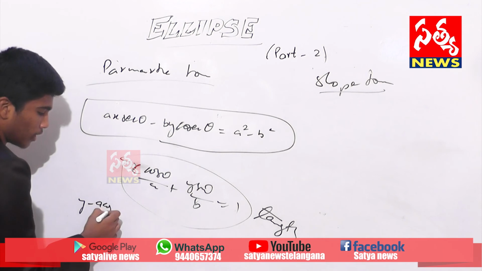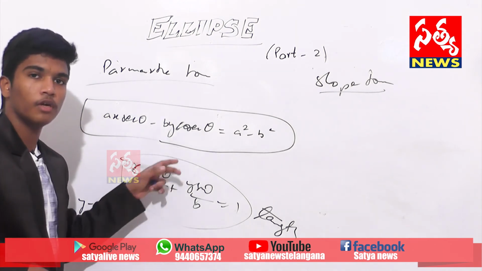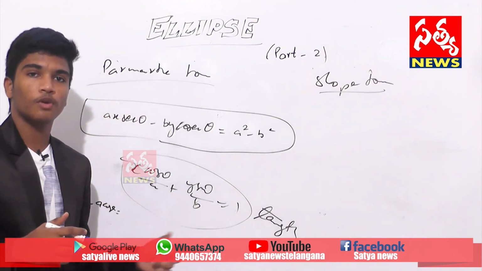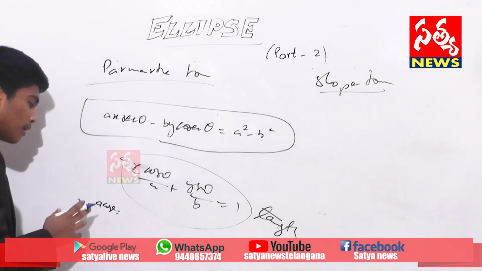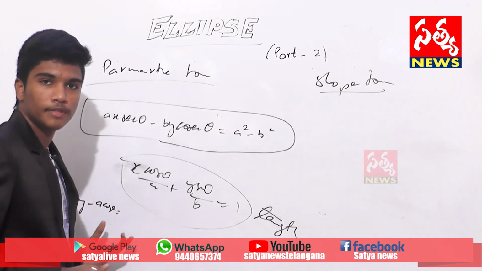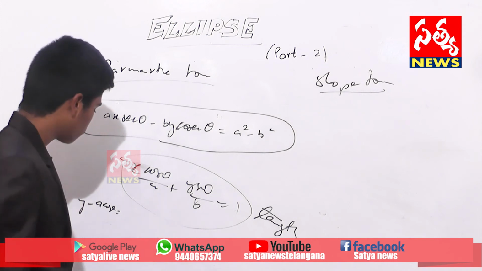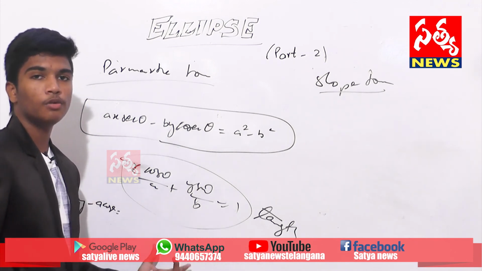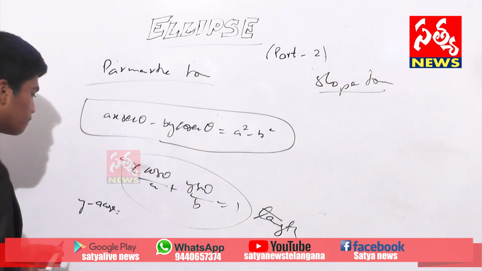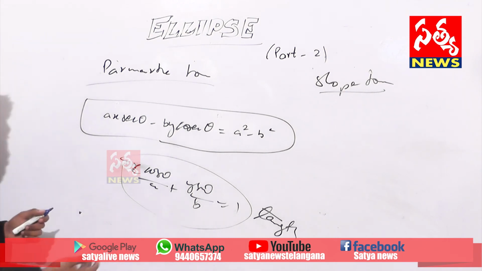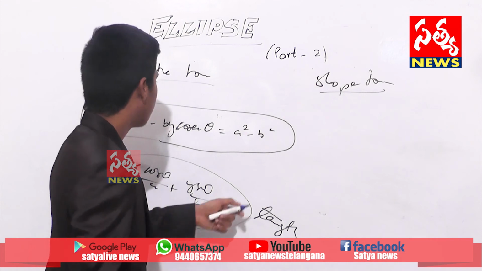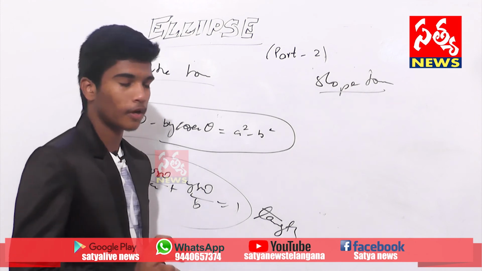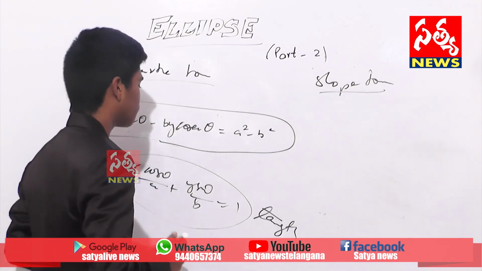Put the value of normal slope in this equation, y minus b sin theta, as the point is a cos theta, b sin theta right now. Before, in point form, the point was x1 and y1, but here it is in parametric form. So we have to use the parametric points, which is a cos theta and b sin theta. Put this: y minus b sin theta is equal to slope of normal into x minus a cos theta. After again that big derivation, we will get a x secant theta minus b y cosecant theta equals to a square minus b square. Okay, and next slope form.